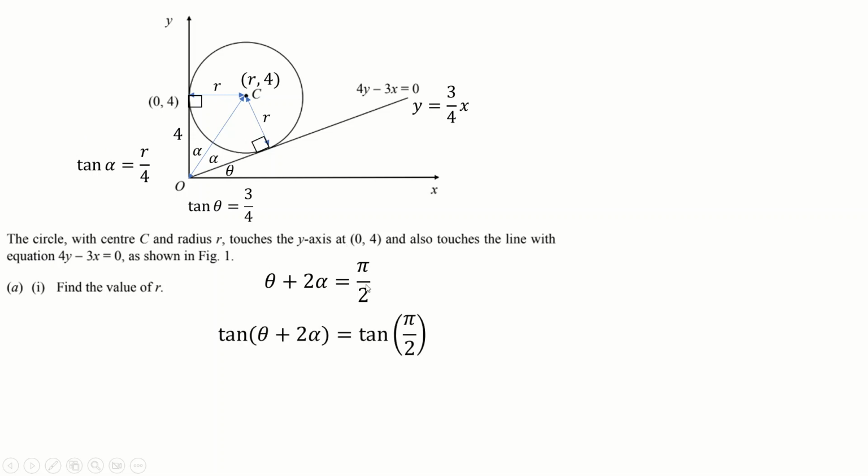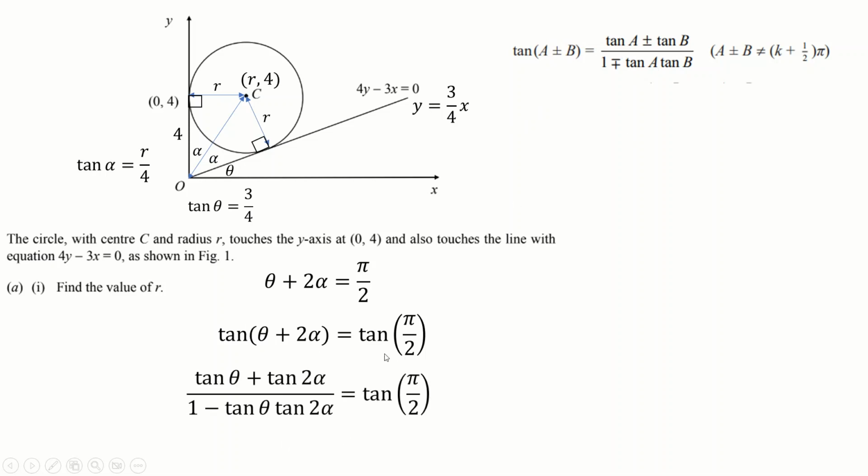Now I can take tan of both sides here. Now this seems like a terrible idea, because tan of pi over 2 is not defined, but I think I can work around that. So give me a second to work around that. In the formula book, which you'd be given for AEA, this formula is contained within it. So if I set A to be theta and B to be 2 alpha, I can substitute those all in